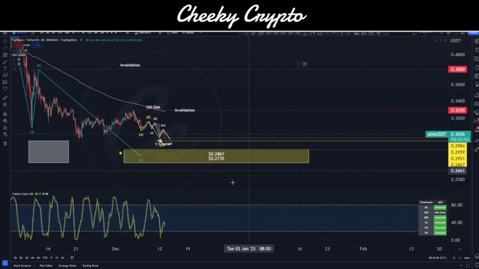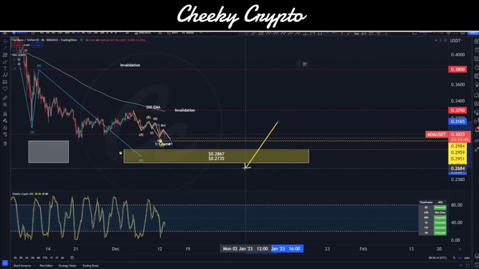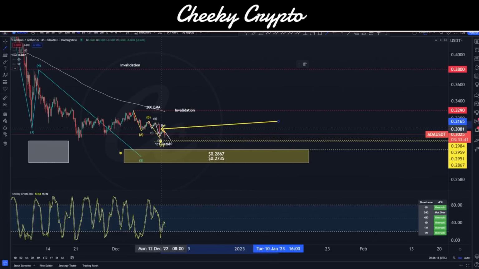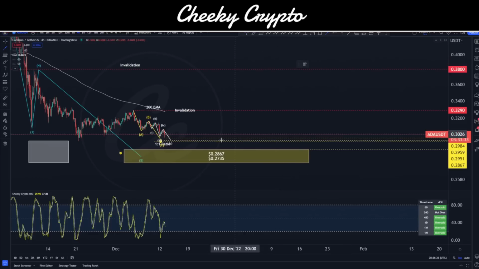Now, one of the key things that we can see here is that anywhere around here I think will be a really good place to be dollar cost averaging, where we are right now at about 30 cent all the way through to these lows of 27 and 28. All of this seems to be a really good area, and the reason is that I think we're going to be seeing a larger move to the upside at some point very soon